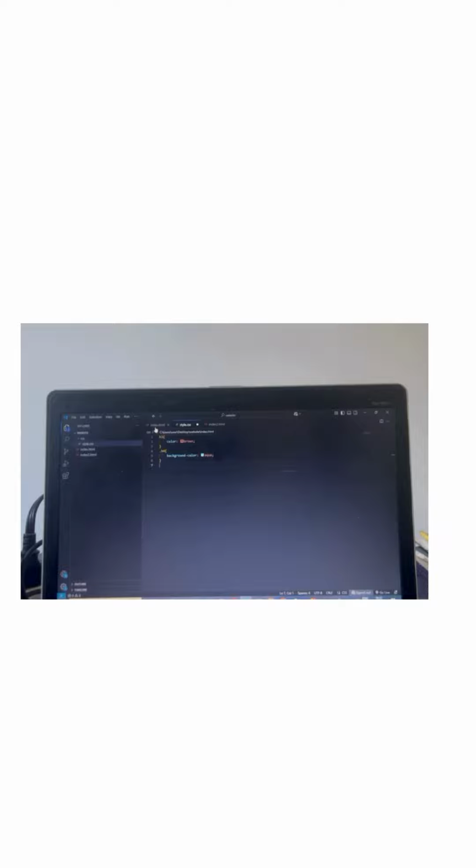Understand? You create another file separately from the HTML and you link it to the HTML. We call that method external CSS. I think this is